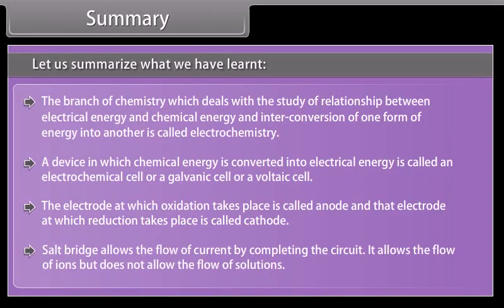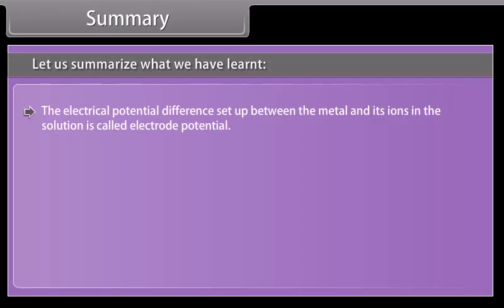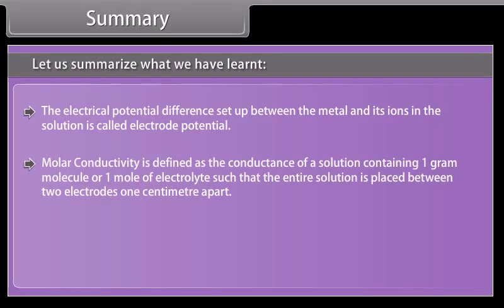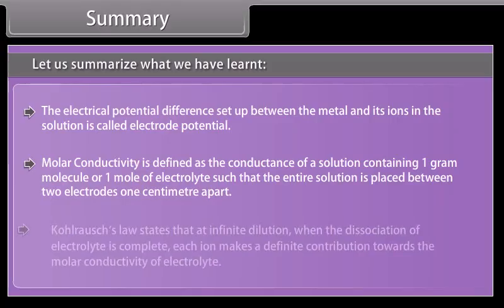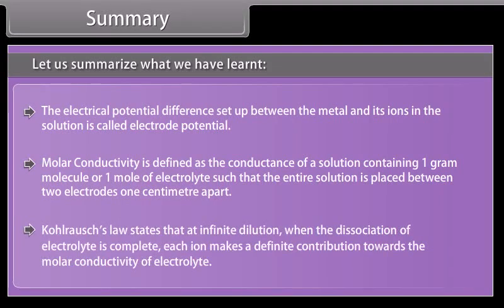Salt bridge allows the flow of current by completing the circuit. It allows the flow of ions but does not allow the flow of solutions. The electrical potential difference set up between the metal and its ions in the solution is called electrode potential. Molar conductivity is defined as the conductance of a solution containing 1 gram molecule or 1 mole of electrolyte such that the entire solution is placed between two electrodes 1 centimeter apart. Kohlrausch's law states that at infinite dilution,